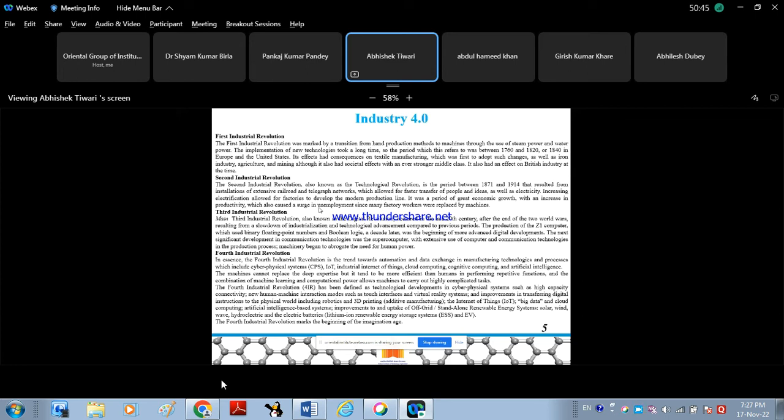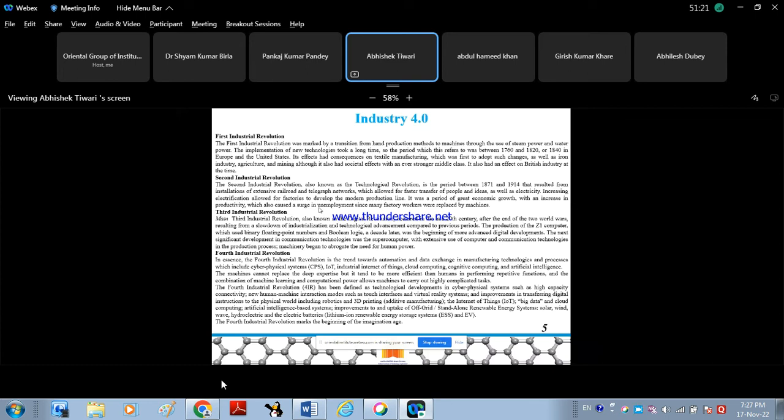The second revolution, also known as the technological revolution, is the period between 1871 and 1914 that resulted from the installation of extensive railroad and telegraph networks, which allowed for faster transfer of people and ideas, and electricity. Increasing electrification allowed factories to develop the modern product line, and it was a period of great economic growth with an increase in productivity, which also caused a surge in unemployment since many factory workers were replaced by